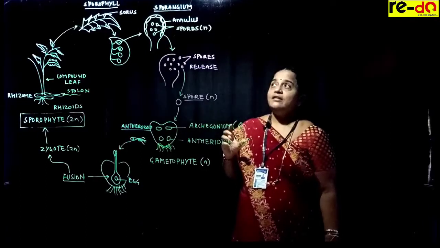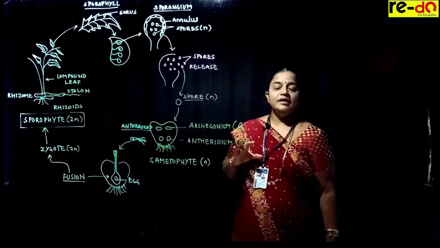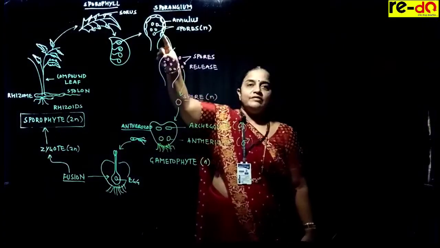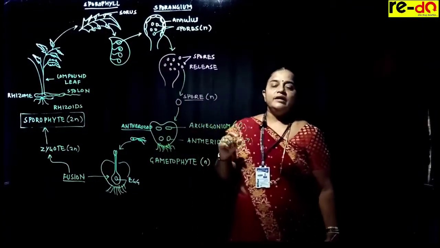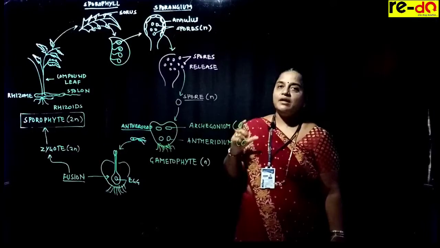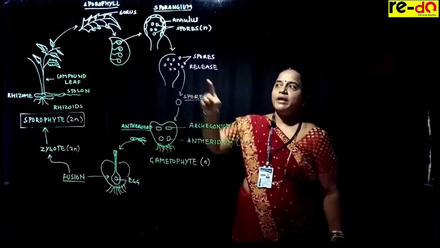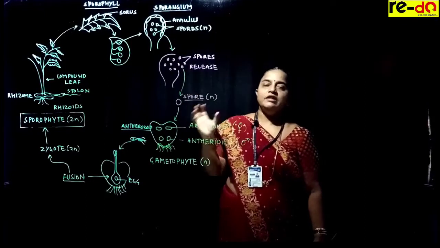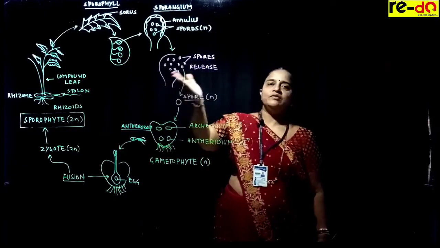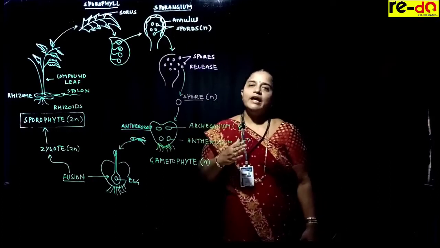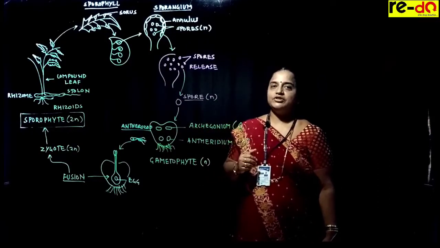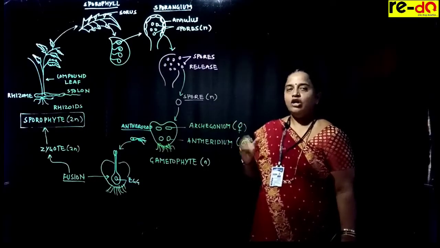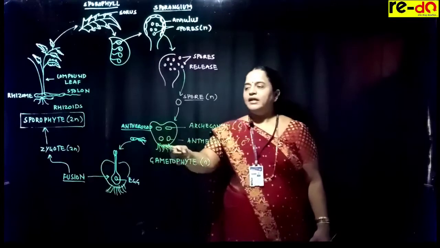Now when all the spores develop in the sporangium, the cells of the annulus, which are thick walled, reduce water content, they become dry, and the wall will break like this. It is called dehiscence of the sporangium wall, and with a force all mature spores are released outside. Wind will carry them, helping in dispersion. Wherever the spore falls, it starts germinating. On germination, it gives a gametophytic stage.